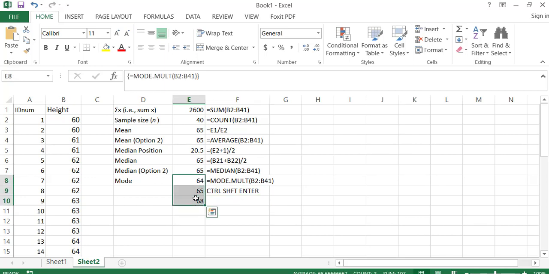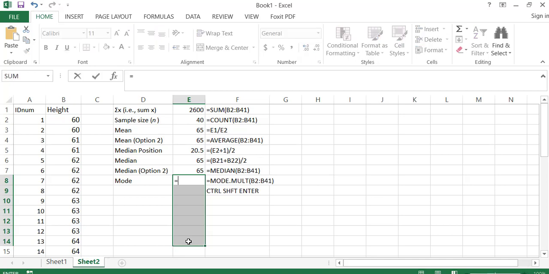As you noticed, I got an error message because I was working in one of the cells to copy it. You can't change one cell. You have to change the whole array. Now I'm going to highlight, let's say, 6, 7 cells, just to make sure that I catch all the possible modes. I'm going to say equals